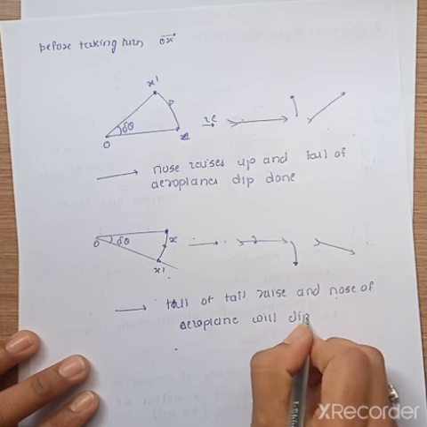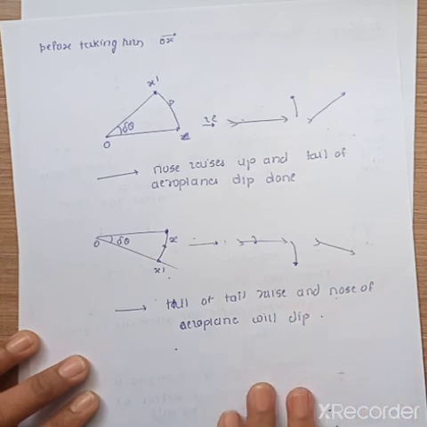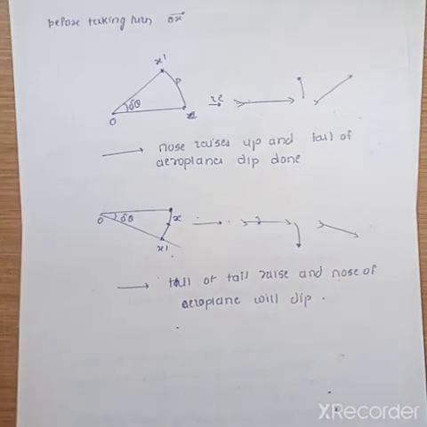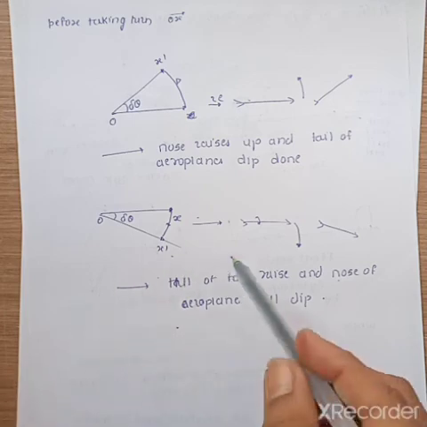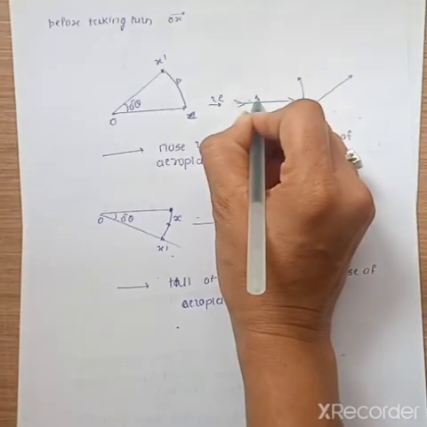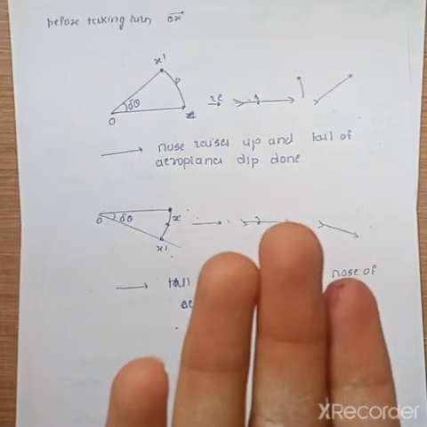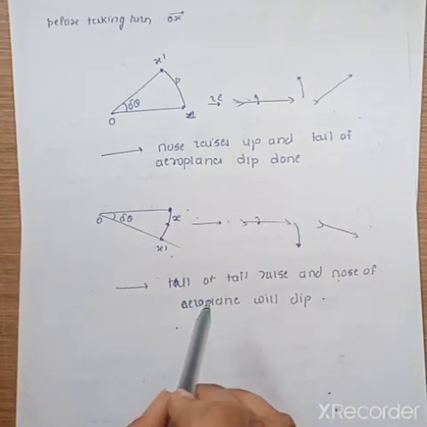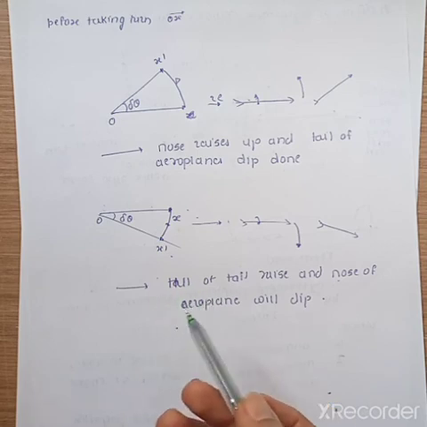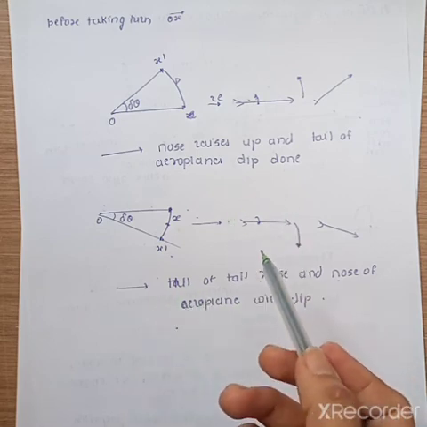Okay, we can also see this for different conditions. Suppose the propeller or engine is rotating in anti-clockwise direction, then we will obtain different, that is opposite results. If it is rotating in anti-clockwise direction, then the nose will dip down and the tail of the aeroplane will rise up, and if it takes a right turn, then we can see that the tail and the engine is rotating in anti